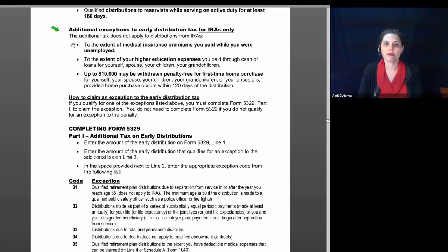And what's interesting about these exceptions to the penalties is that these are the most common reasons I see clients qualify for an exception to the penalty. And so I'm always desperately hoping that when my client does an early distribution that they did it from an IRA and not a regular 401k plan, because if they qualify for an exception, it's bound to be one of these three. Firstly, to the extent of medical insurance premiums you paid while you were unemployed,